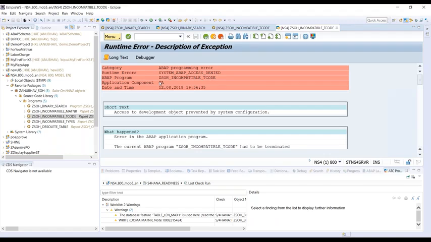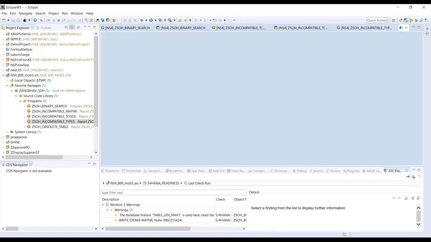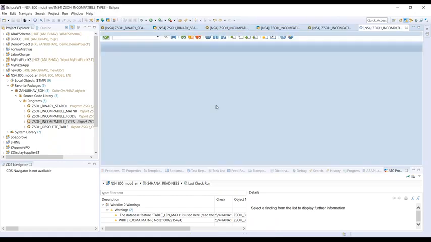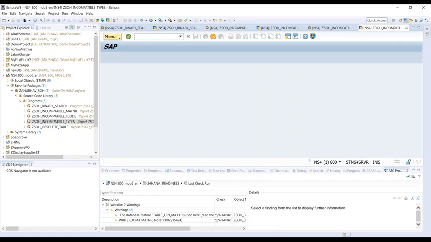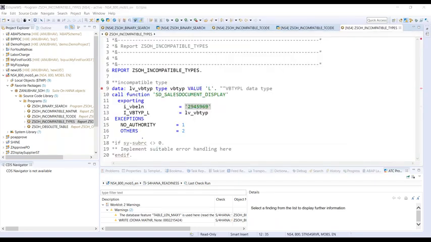There are some data element increments, like we saw the example for material number, it's been enhanced to 40 characters. There are some incompatible changes in terms of function groups, function modules, signatures, like this example where I'm just reading some sales order document display. Execute it, and when you run this one also dumping, you can see illegal types, some issue is coming. So how do you find these things? These are all the findings, you can get it from ATC guys.